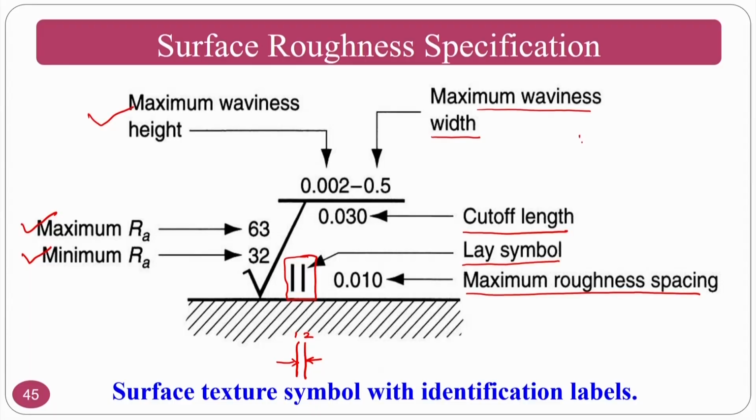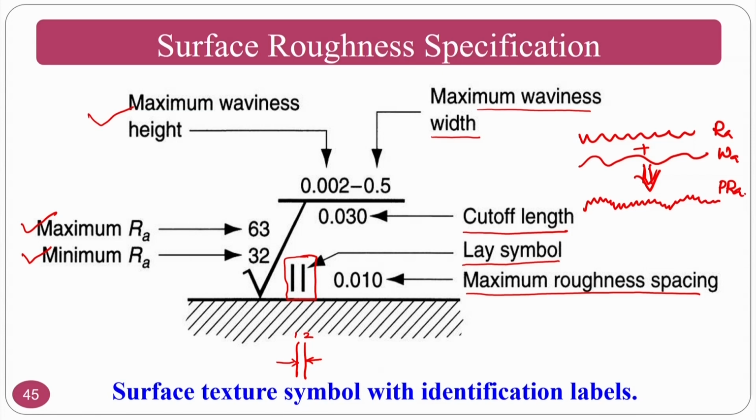If it is embedded, then what you are going to get is a profile roughness. As you already know, this is my surface roughness and this is my waviness. If you club both, what you are going to get is the profile roughness. This is RA, this is WA, and this is profile average roughness, PRA. Okay. This is how you can represent the complete thing.